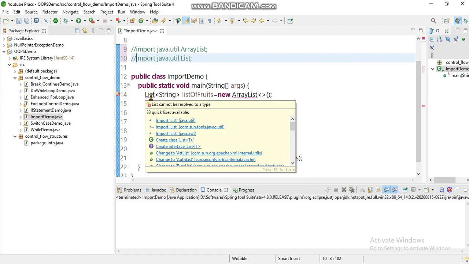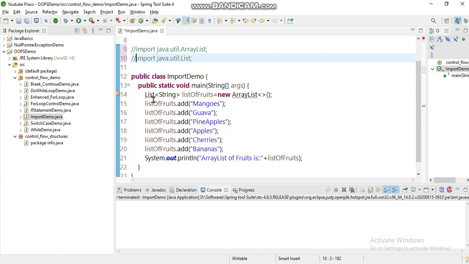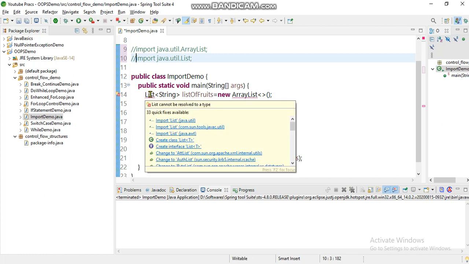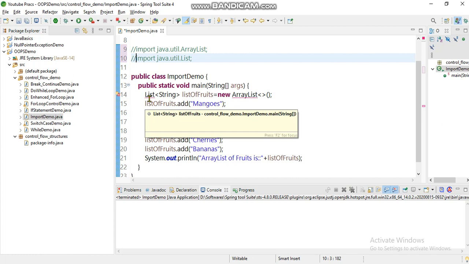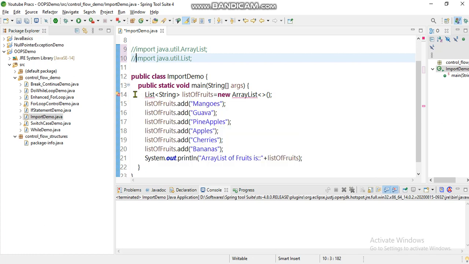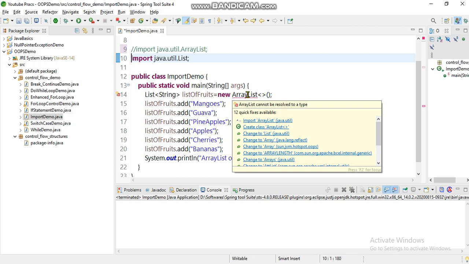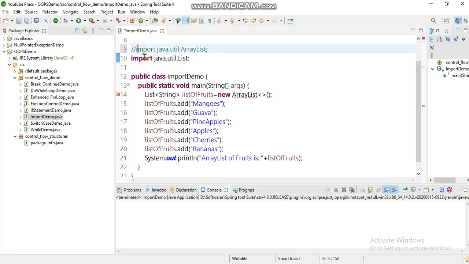When I hover the mouse over here, it gives the option to import from the list, such as java.util or awt or com.sun.tools or javac.util. For my purpose, I needed to include the util package, so I'll just import java.util.List. Similarly, I also needed to include ArrayList, so I will uncomment the above line also.